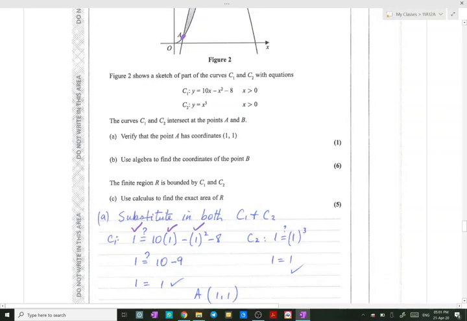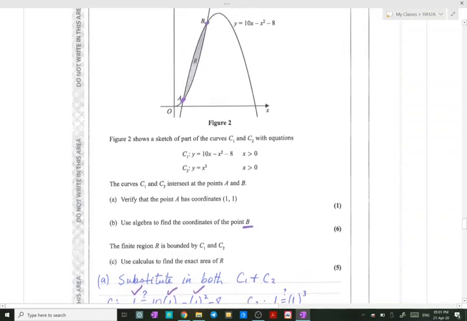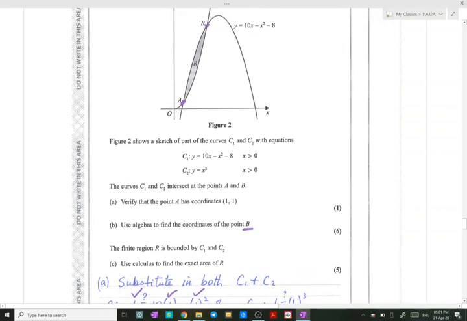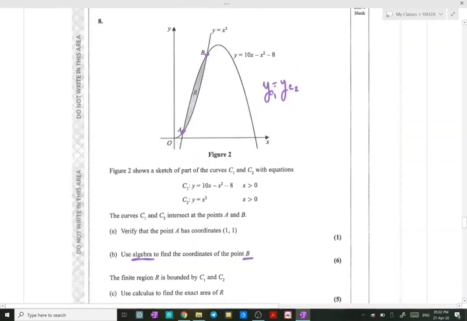Part B: use algebra to find the coordinates of the point B. Now, in order to find the coordinates of the point B, since they specified for us to use algebra, it means we have to use the method of y equals y, which is the y of C1 equals the y of C2, and we solve for x. Now, why do we use this? Because we know that